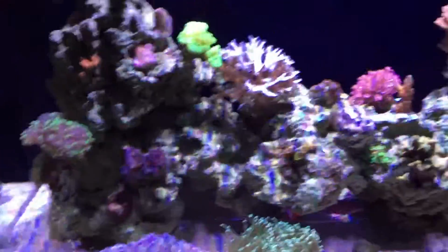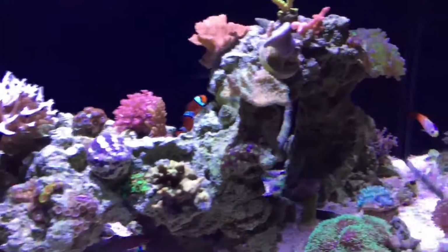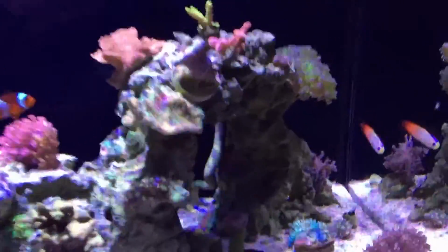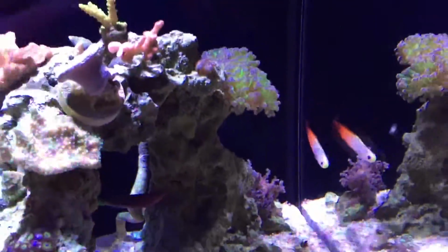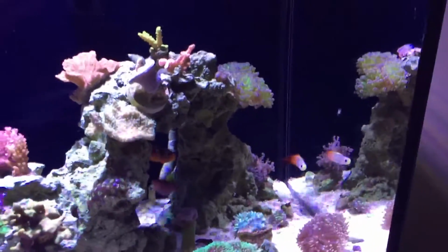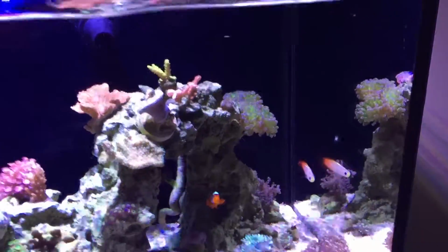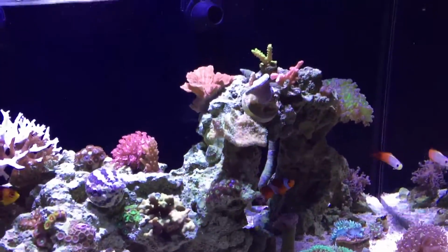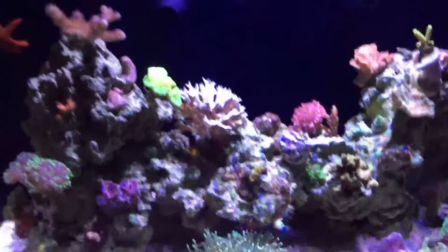All the other coral in the tank actually seem to be doing pretty good. Elegance coral's a little closed up right now, but other than that, it's going good. Did get a new fish, guys, a firefish. Picked him up at my local pet store, mainly because I had one of these guys before and really liked him. Other than that, I only had the pygmy angel, the 6-line wrasse, the clownfish, and the little watchman goby as far as fish, and then the